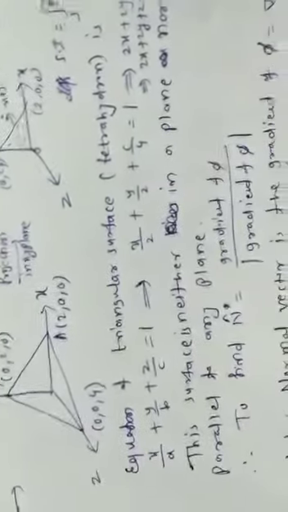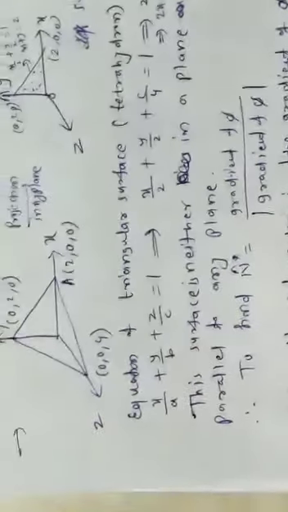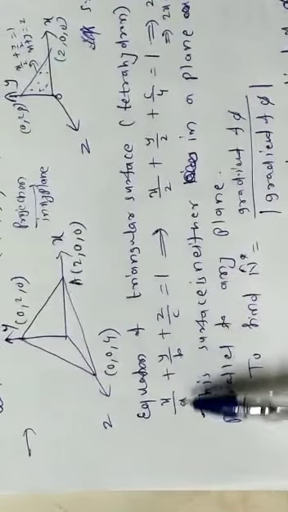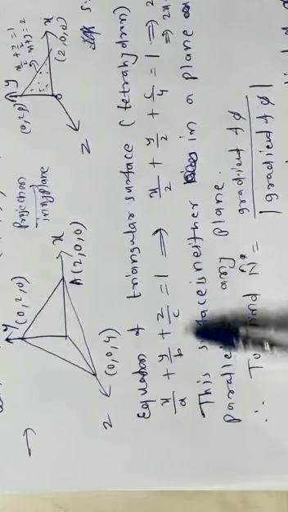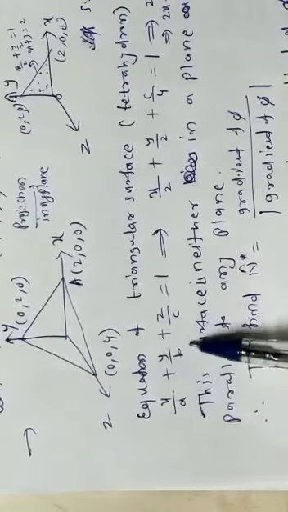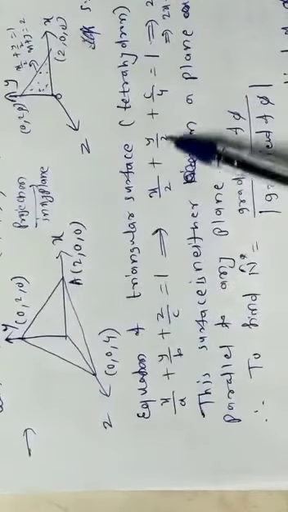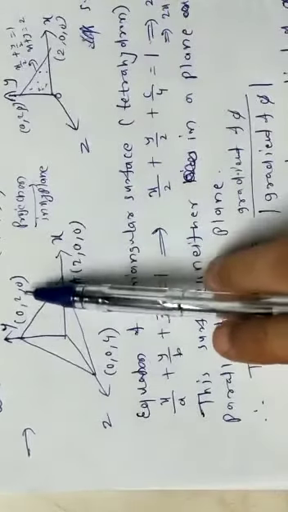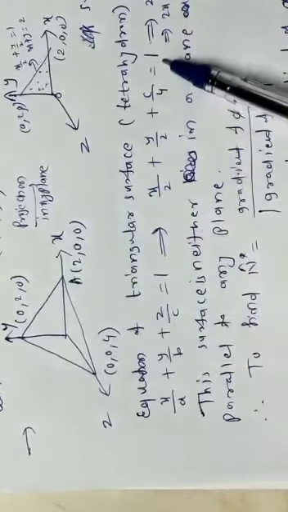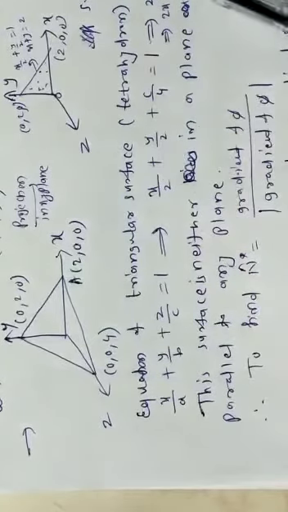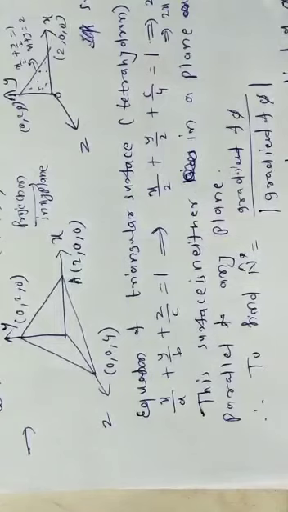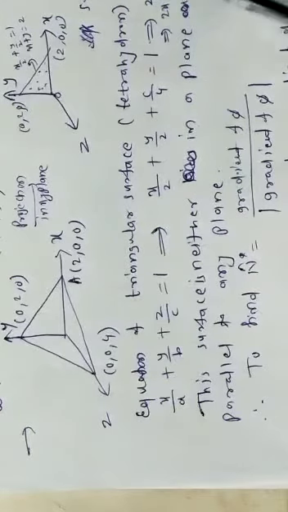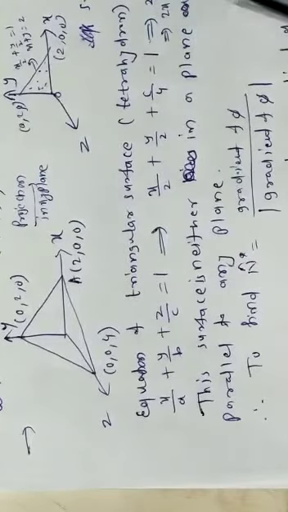Okay. Now let us see what is the equation of this triangular surface. Do you remember the intercept form, students? Intercept form is in 2 dimension x by a plus y by b is equal to 1, right? But here in 3 dimension it is x by a plus y by b plus z by c is equal to 1, where a, b, c are the given coordinates. A is 2, b is 2 and c is 4. Then you can take the LCM and convert the equation in this form. Make one side 0 and this function is 2x plus 2y plus z minus 4. Now this will help us to find out n cap.